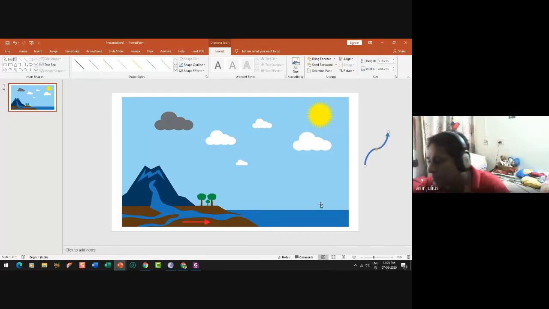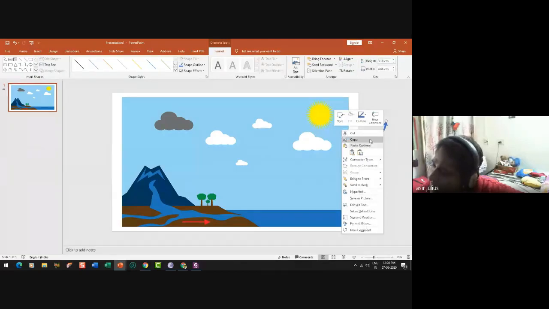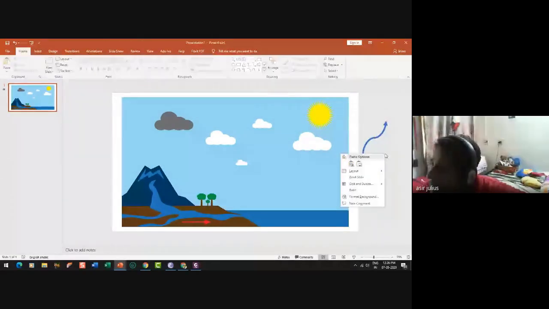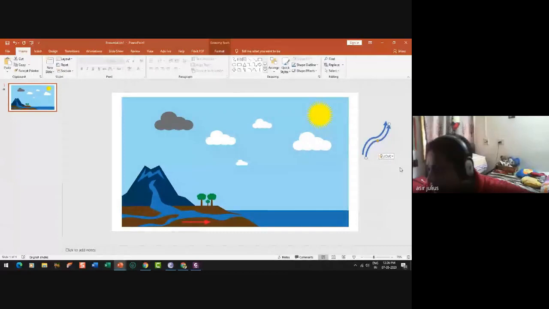Okay. Now I have one arrow, but I need a few more. To do this, you have a number of options, like you can right click it, you can copy it, you can paste it. This is one way.